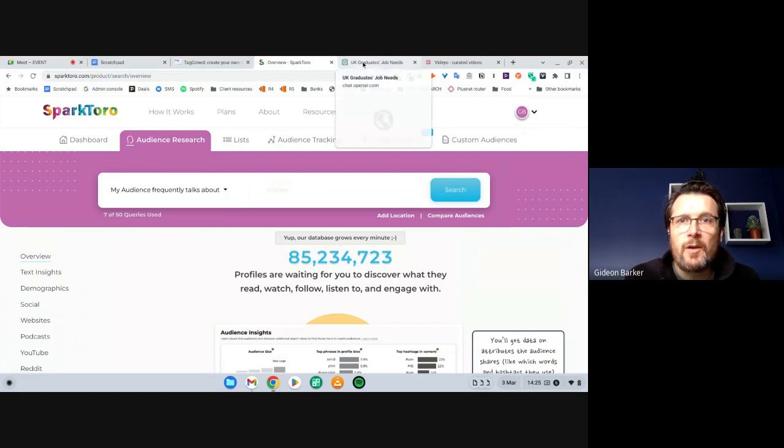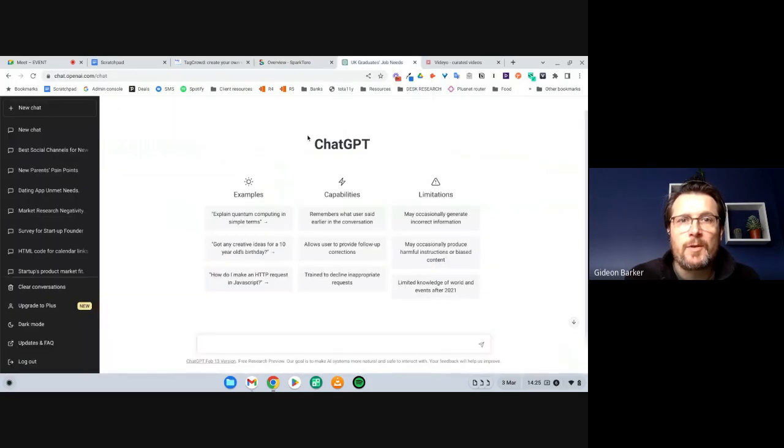5 minutes to go. What I really wanted to show was obviously ChatGPT. Now I've realized in setting this up that this is probably the least interesting way of visualizing anything because it is so text heavy. So rather than start typing stuff in and watching it create answers for us, I'm sure many of you have probably tested this out and had a look at it. And you pretty much know what it does. I'm going to jump out of this,